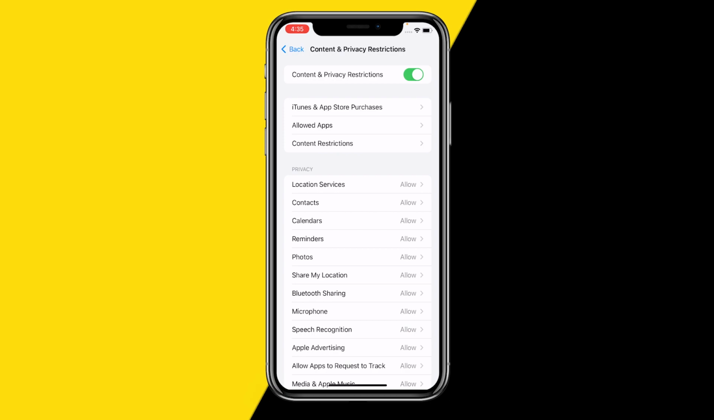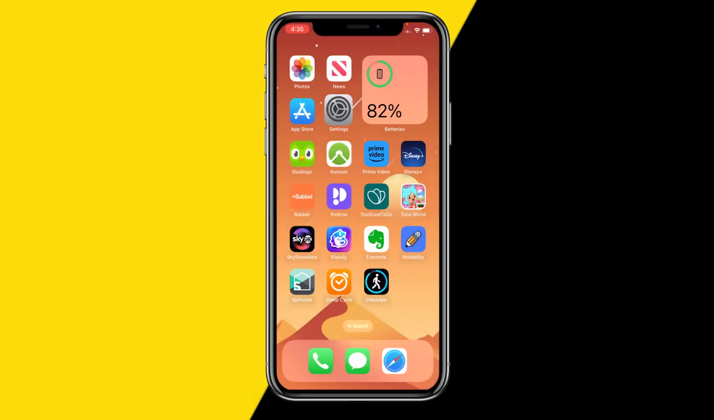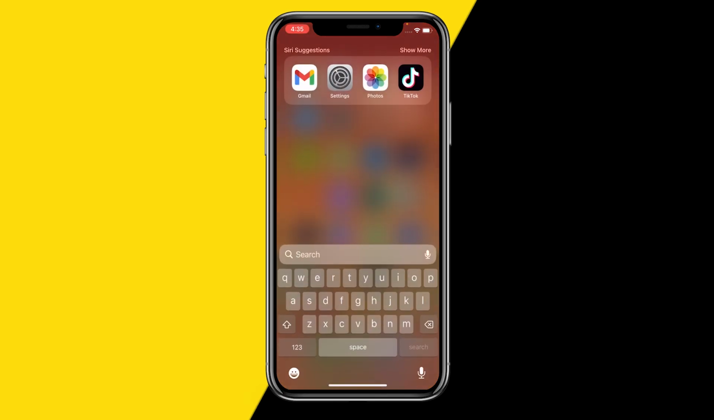Then what you can do is you can see that all these options will be turning white. They will not be grayed out anymore. You can actually click on them. So we're going to click on allowed apps, and here all you need to do is make sure to disable camera. And if I now go to my home screen, we can actually see that the camera app is already